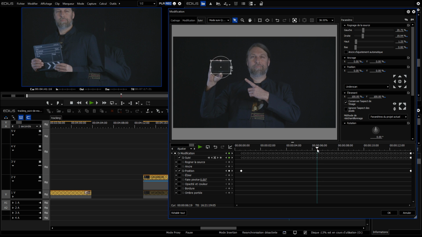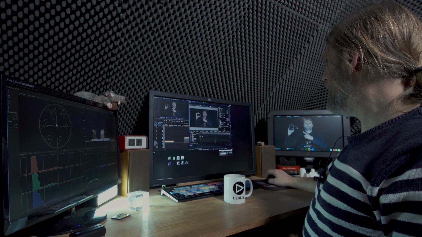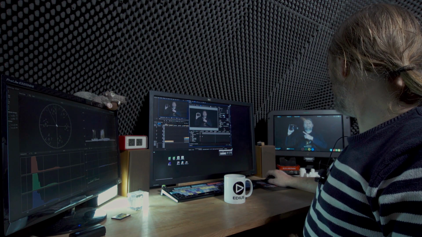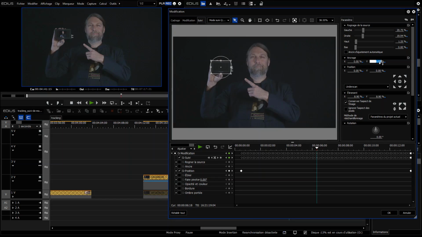Now, I'll reduce the size of the clip and change the anchor a bit in its height, with Y in its height and X in its width.